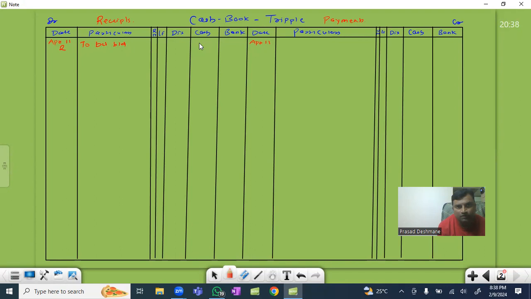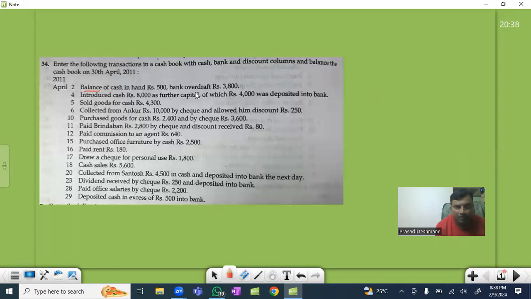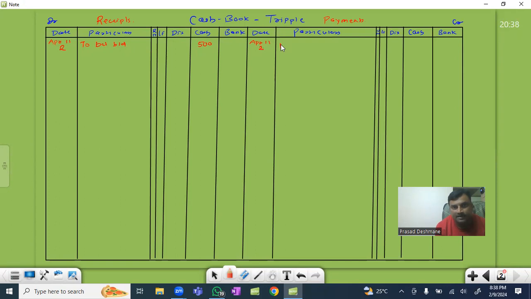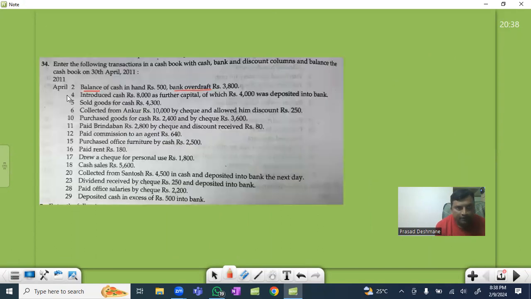In the cash column, it's 500. And for the bank, it's an overdraft. Overdraft means it's a negative bank balance, so I'll record it on the payment side of the cash book. So here I'll write date 2nd April, by balance brought down, in the bank column 3,800, because it's a negative bank balance. Okay. Now check. On date 4th, introduced cash 8,000 as further capital, of which 4,000 was deposited into the